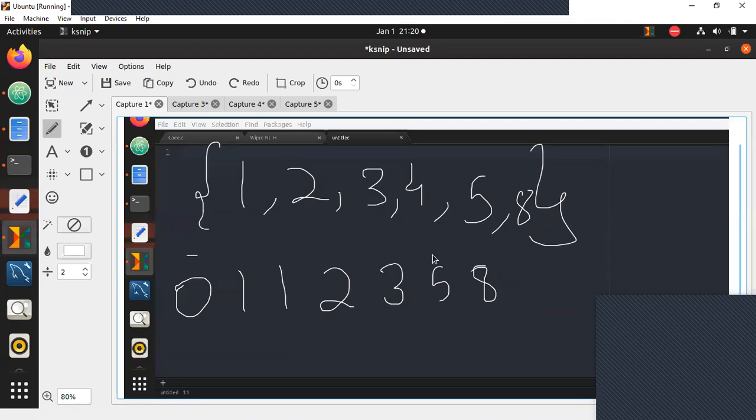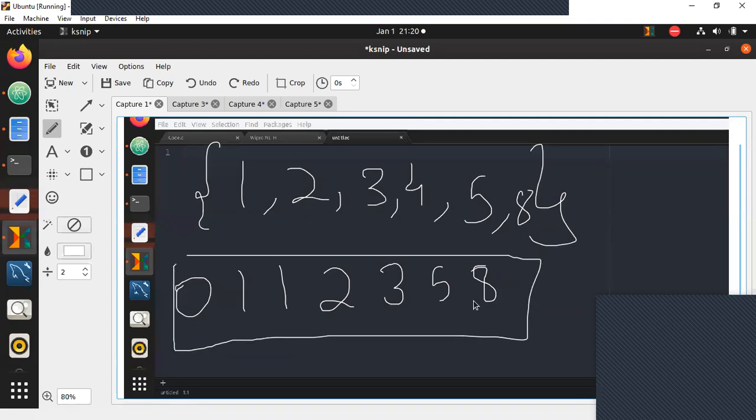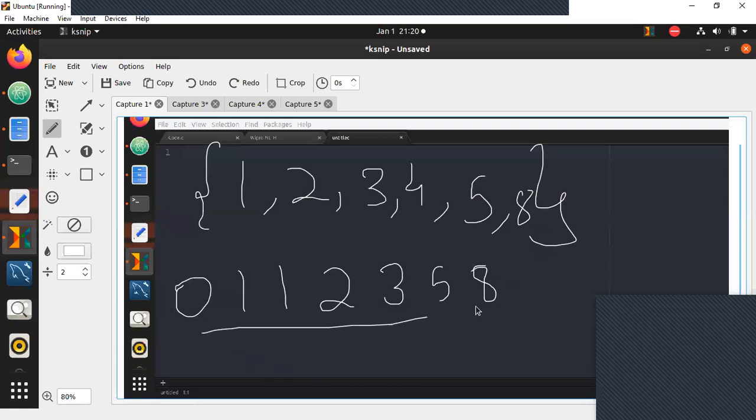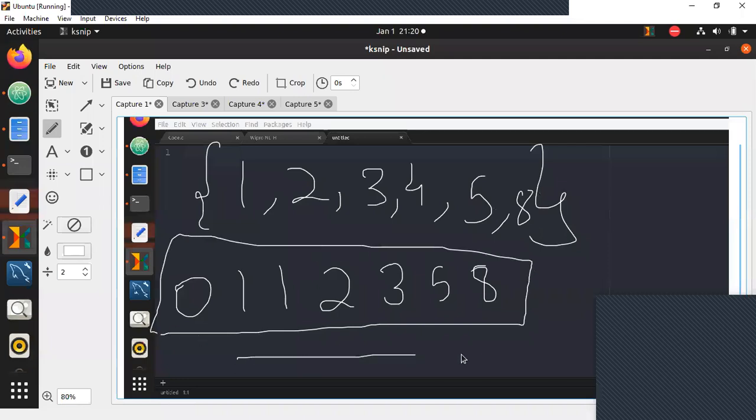Can I create a function to generate the Fibonacci series first? If an input n is given, we need to create a function which generates the Fibonacci series up to this value. If this value is available in the series, it should return 1.